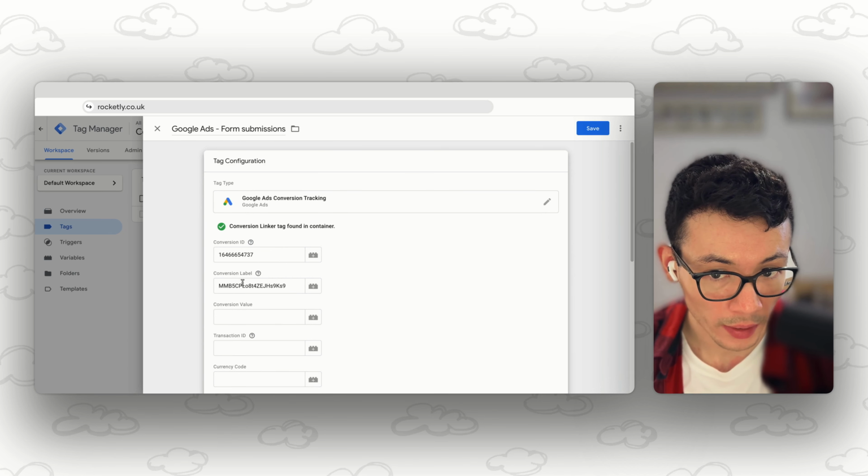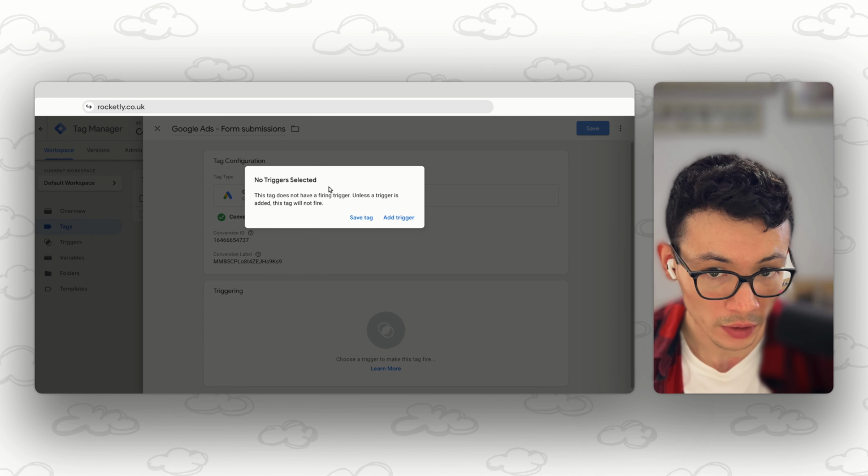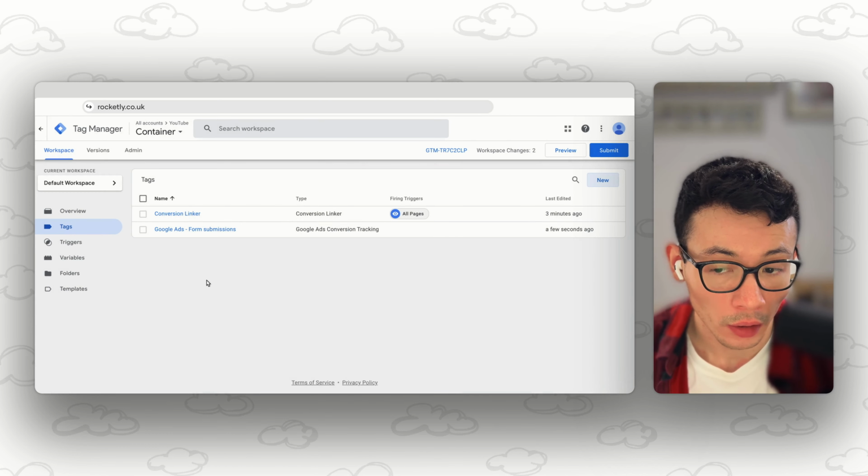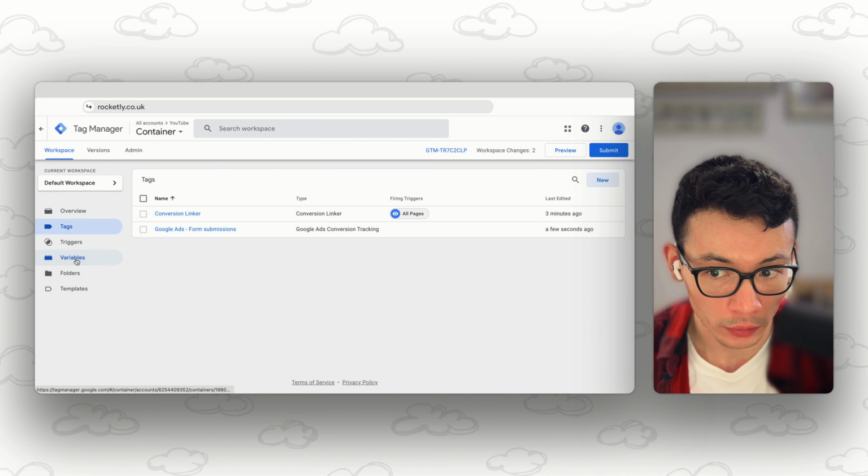Now, there is a better way to fill in conversion ID and conversion label if you plan to create multiple Google Ads conversion tags, which I'll show you right now. For now, I'll just save this. There's no trigger, which is why it's getting this pop-up, but I'll just click Save Tag because we will come back to it. Okay, so if I go to the variables section,